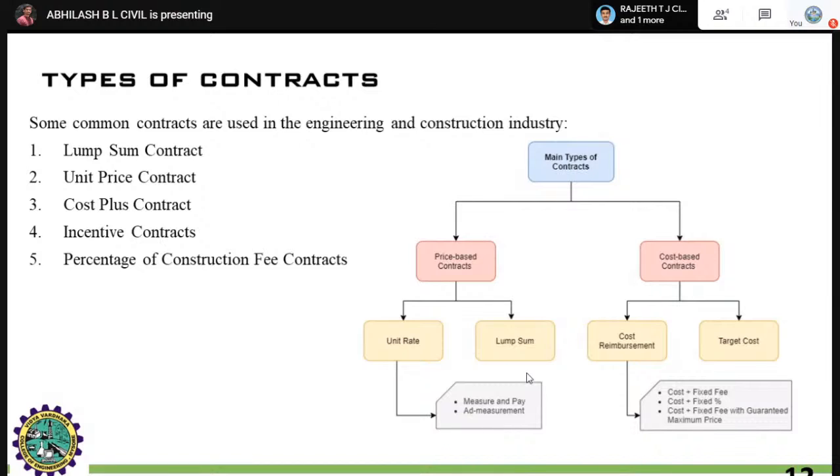For example, the particular building is coming for a 1 crore project. You have to keep the EMD amount of 15%, 10%, 5%, right? You have to keep around 15 lakhs, 10 lakhs, or 5 lakhs for a 1 crore project as an EMD, that is earnest money deposit, for the safety of both the stakeholders and the contractors, right? Here the amount of the earnest money depends upon the estimated cost of your particular work.